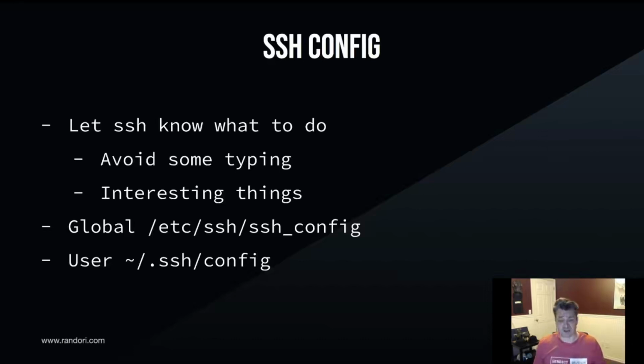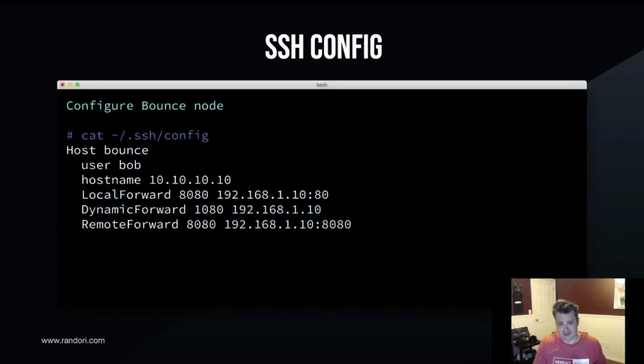It lets us do a bunch of cool things, so we can configure all sorts of stuff with the SSH config, both for us to not have to type stuff a lot, and if you want to do interesting things for the user or really kind of trick the user into doing interesting things for you. Once again, there's a global version of this, which is /etc/ssh/ssh_config, and then there's the user version of this, which is .ssh/config. So obvious question here, what are some of those cool things that you can do with SSH? So let's kind of start with